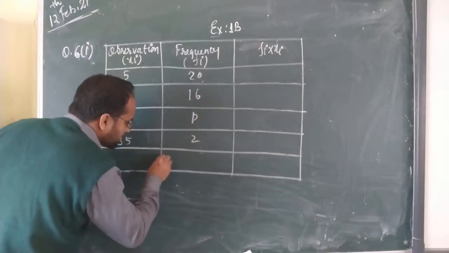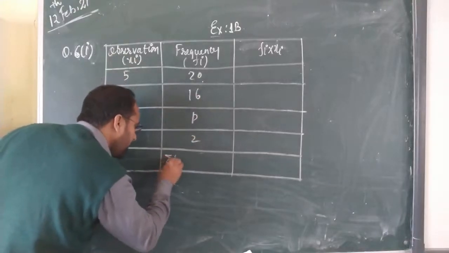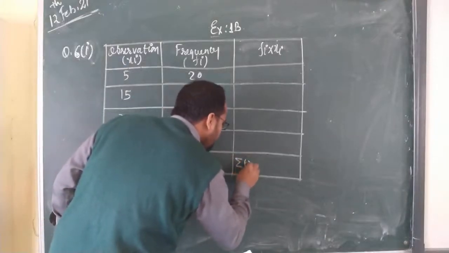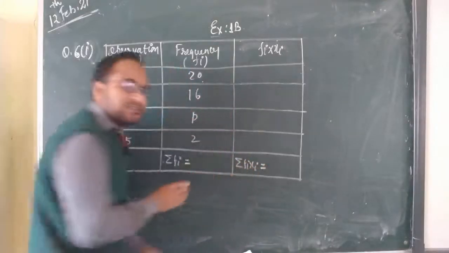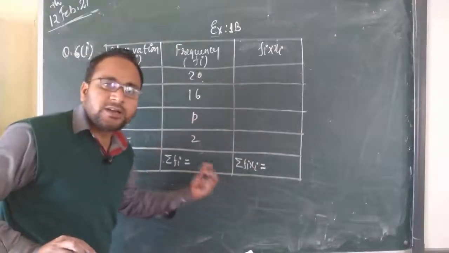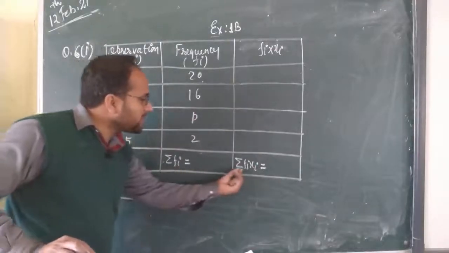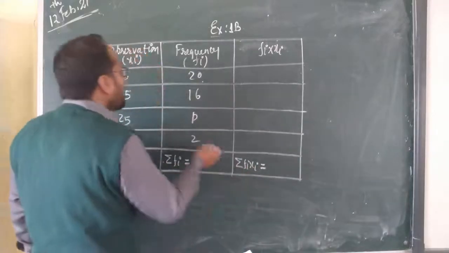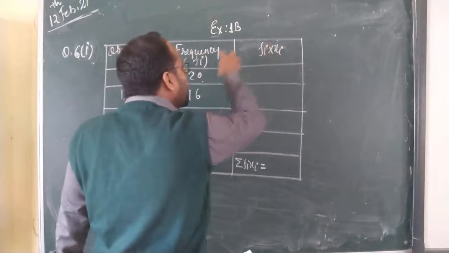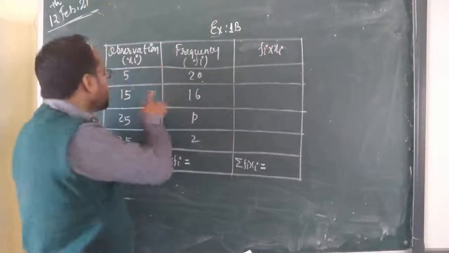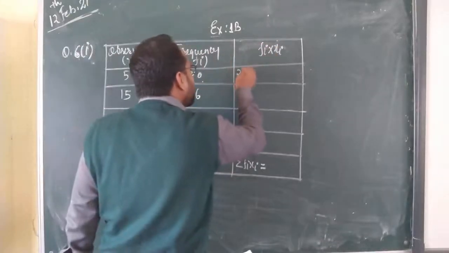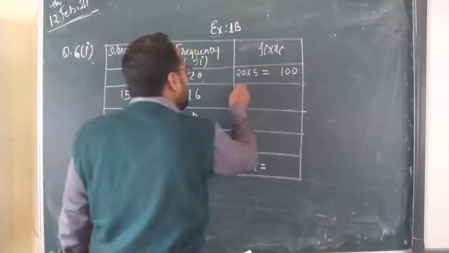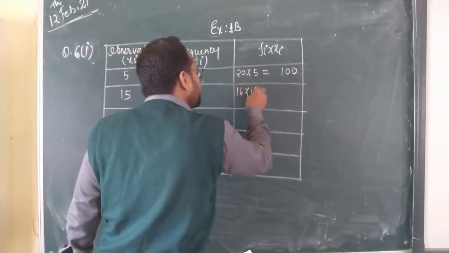Here our aim is to find the total sigma fi. Here we want to find this total sigma fi xi. This is used for addition. Sigma, we are going to use it here for total. Okay, sigma fi, here is sigma fi xi. That is the summation, we read it as sigma. So here is the product of a frequency and its observation. So 20 is multiplied by 5, what will you get, students? That is 100. Okay, 15 is multiplied by 16,